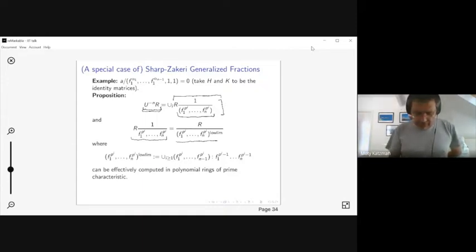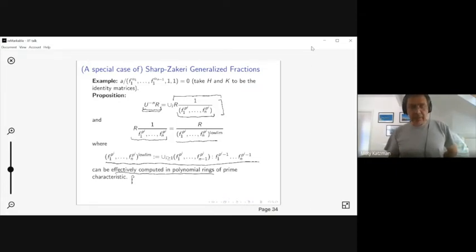And this low limit closure of the powers of the Fs is defined to be the stable value of this ascending chain of ideals. And the important thing is that in characteristic P, so up to now when I talked about generalized fractions, I didn't assume anything about the characteristic. But now if the characteristic is P, then this can be computed effectively in polynomial rings. So if you give me this sequence of Fs, I can,